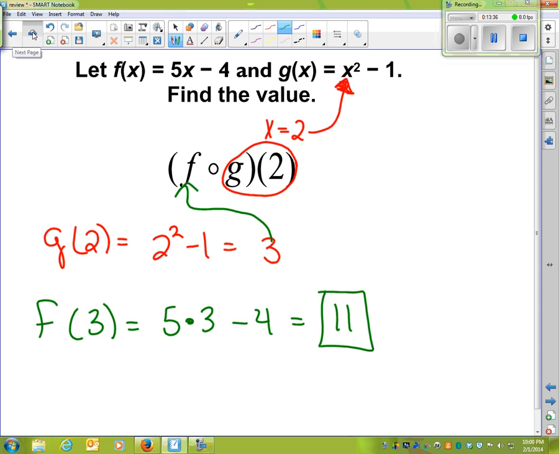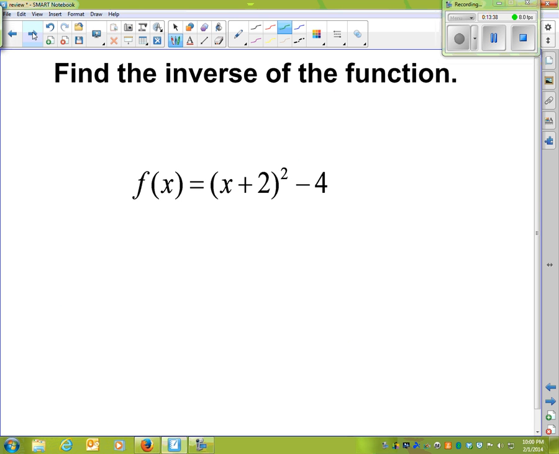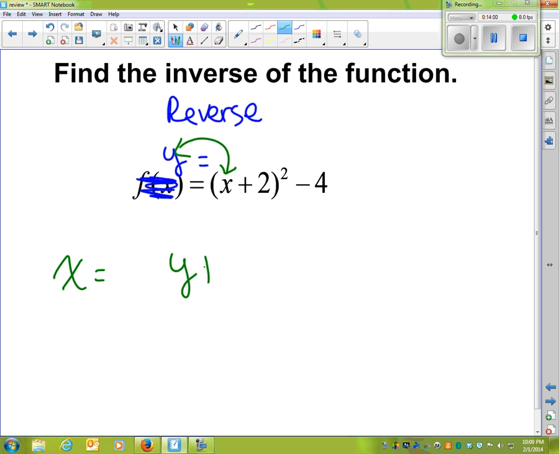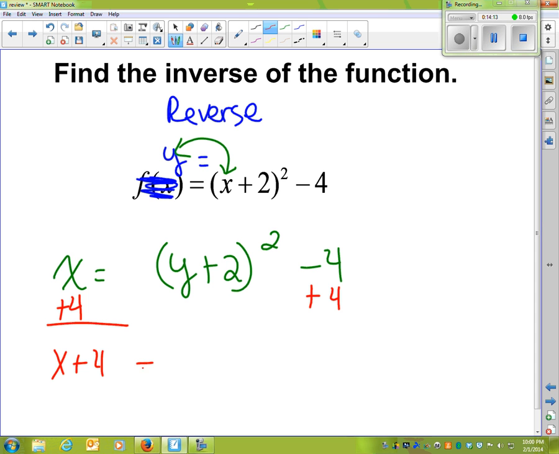And our last example is finding the inverse. Finding the inverse means the same thing as reverse. Reversing my x and y. F of x can be rewritten as y equals. So I'm going to switch the y and the x. So I have x is equal to y plus 2 squared minus 4. Solving for y, I'm going to add the 4 to the other side. X plus 4 is equal to